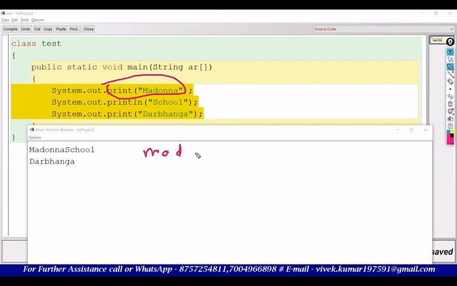It has printed Madonna. Actually, the mouse is not working properly, so the font is not being proper. After printing Madonna, the cursor is at this position. And you know, in a computer, text starts typing from the cursor position. The cursor position is at the end of A. So the next syntax that is going to be printed, println school, will start from here, from the cursor position,